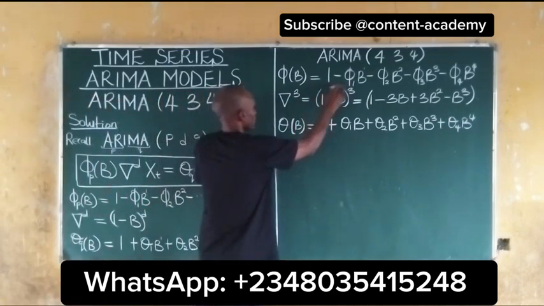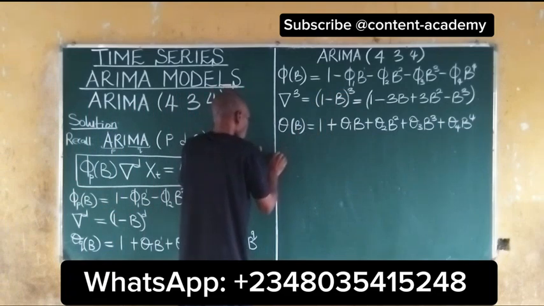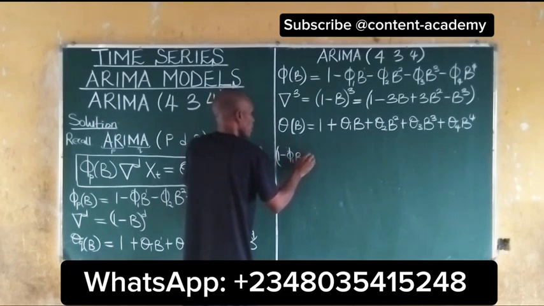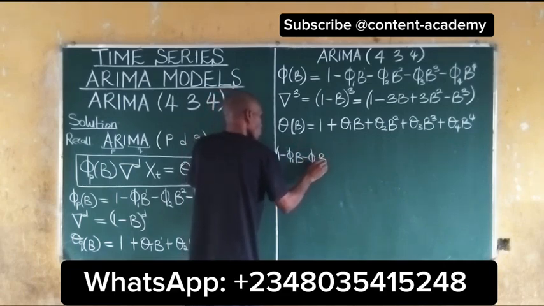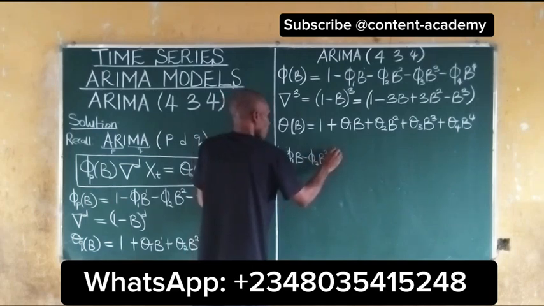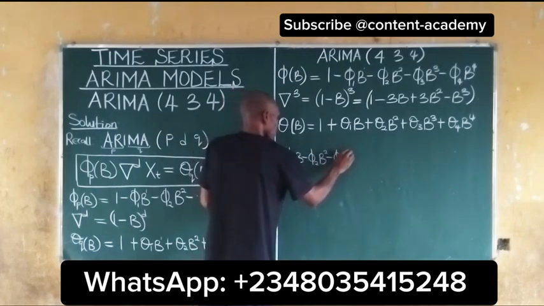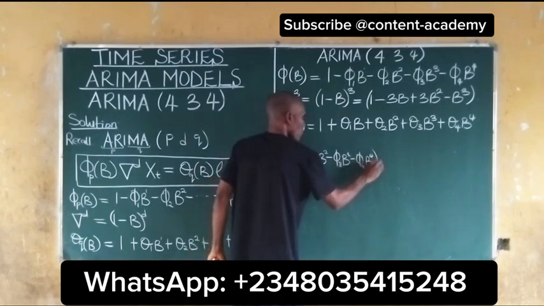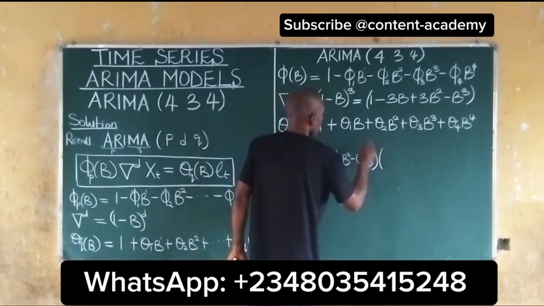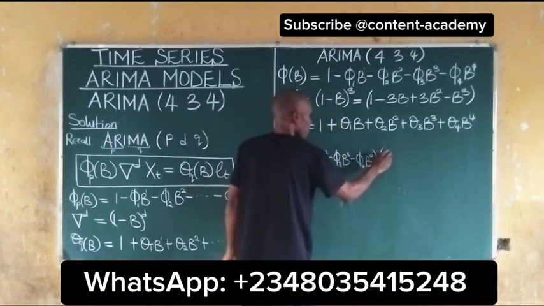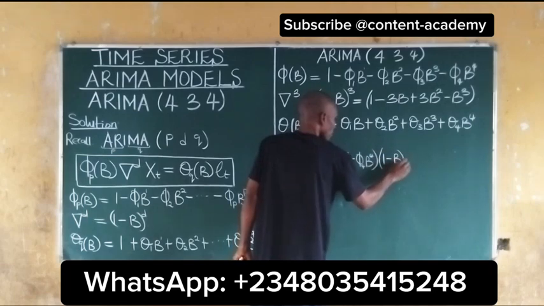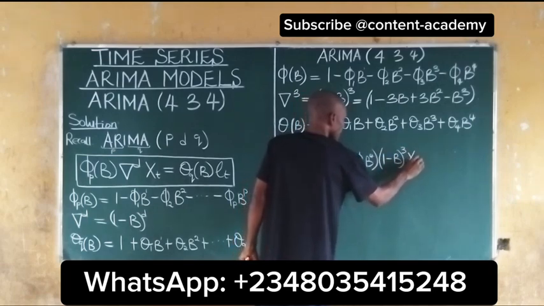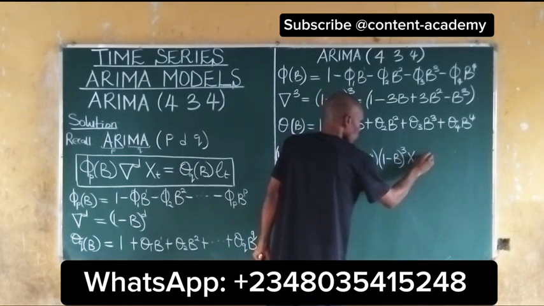We have it as, the first one is 1 minus phi 1 B minus phi 2 B squared minus phi 3 B cubed minus phi 4 B to the power of 4. Then we also have our differencing part, which is 1 minus B raised to the power of 3 Xt, which is equal to,